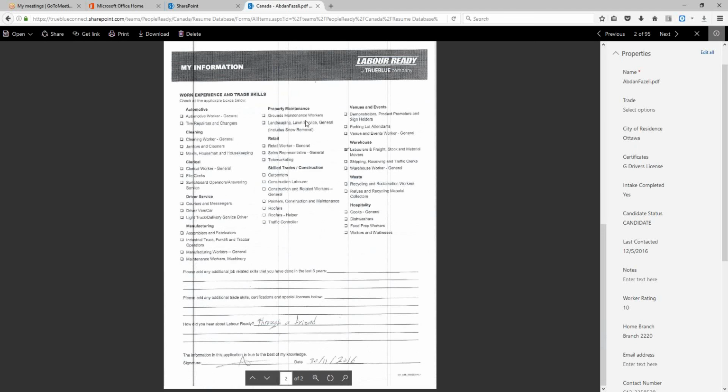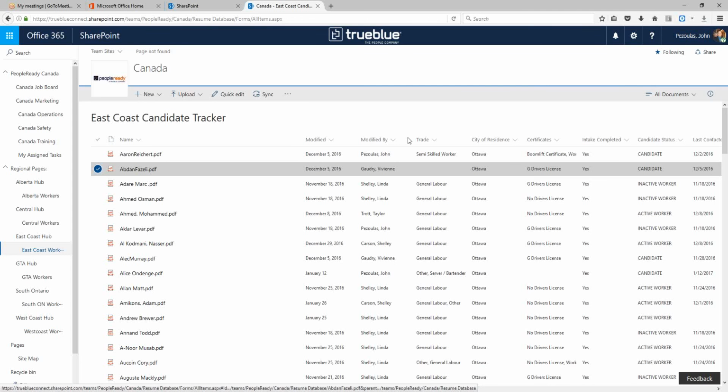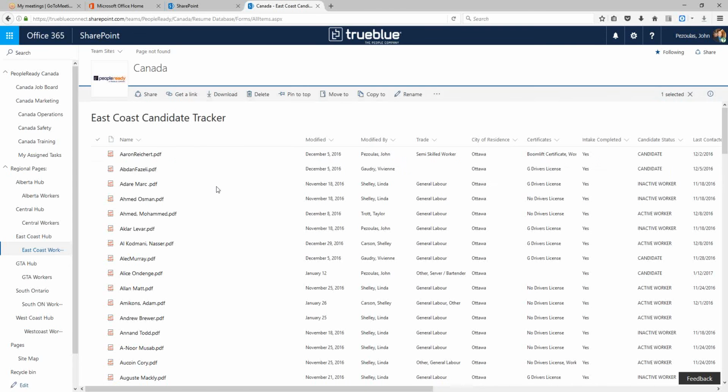Preferably, we would love to have a resume for that person, but if they're an unskilled candidate, a lot of people don't have resumes. We realize that. So we put that My Information in there. At least we have something on them to use as a reference for positions. So we just click on the X, that'll close that off, and go back. For a lot of workers, of course, we do have nice